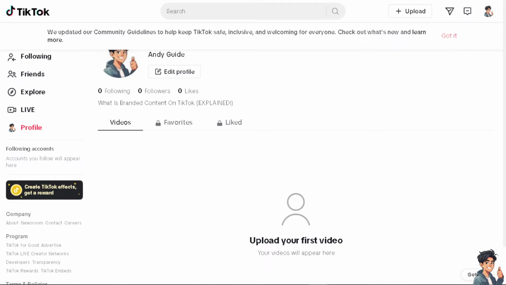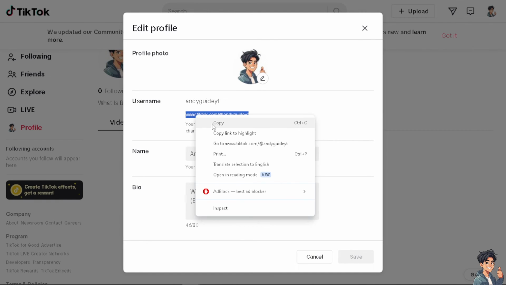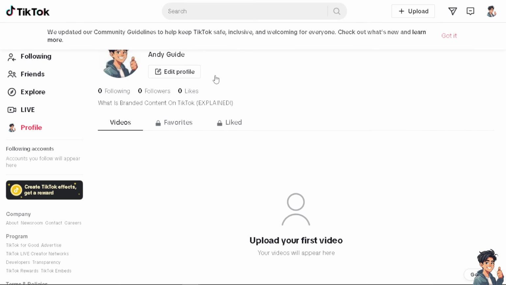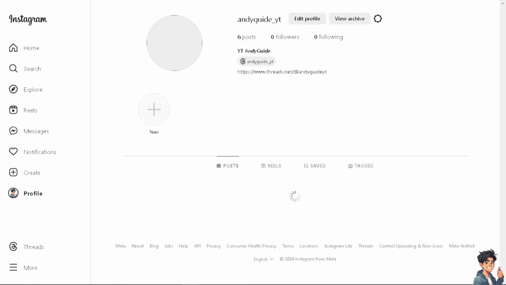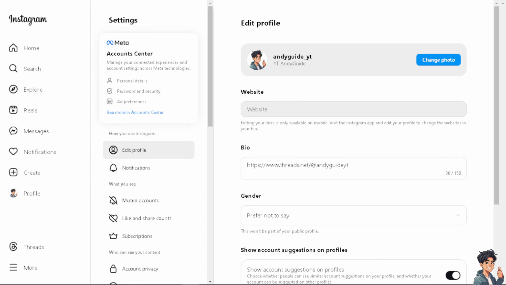Okay, now another thing that you can do to link your TikTok to Instagram, click on the Edit Profile and copy your TikTok profile URL, and then go to your Instagram account, click on your profile. It's the same thing. Click on the Edit Profile here. And on the bio or the website, you can add your TikTok profile as well. And of course, from there, just click on Save and you would be able to link your Instagram to TikTok